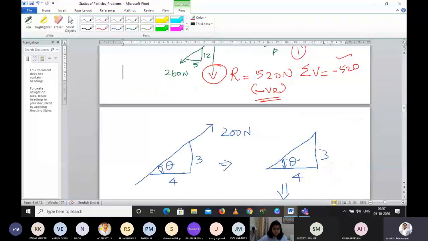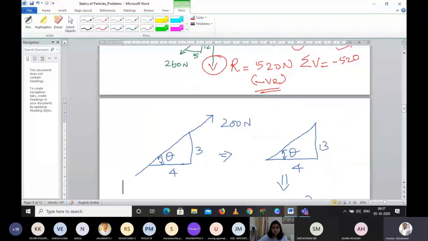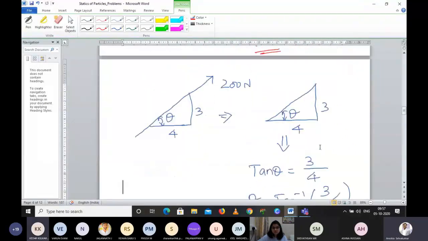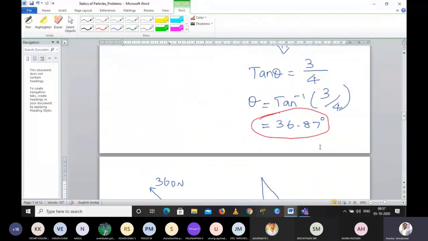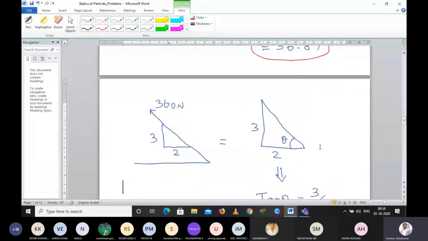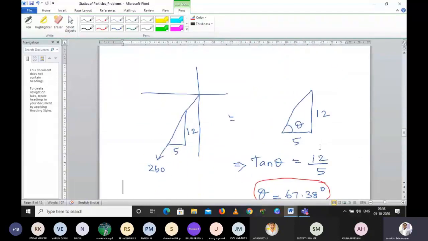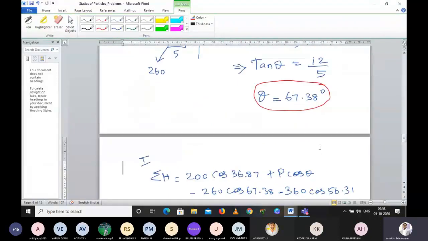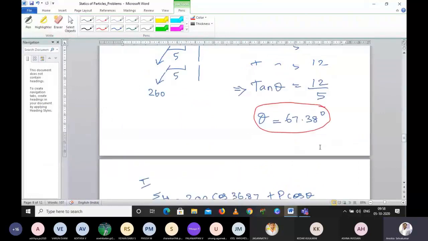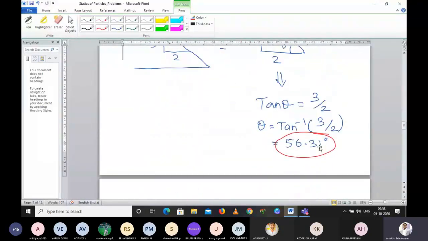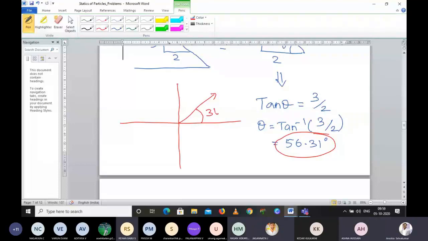Otherwise, forget about that. What I used to do is, first I will take the slope and then calculate each theta. This is theta. The second one I will take and calculate the theta. Third one also. After this, I won't go to the horizontal component. The first one is 36.86. I think I have taken 87, so you check it with that.